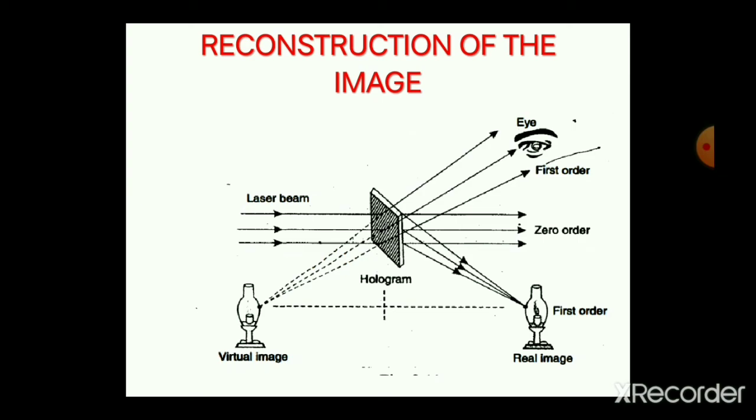The virtual image appears at the location formerly occupied by the object and is sometimes called as the true image. And the real image is formed in front of the hologram, since the light rays pass through the point image. The hologram is only for viewing. Observer can move to different positions and look around the image to the same extent.